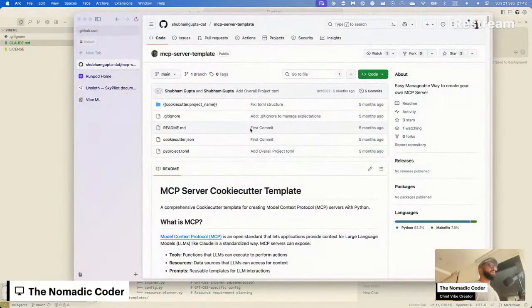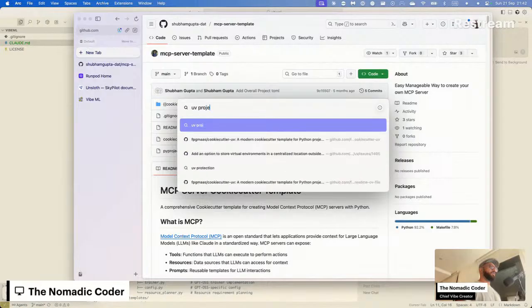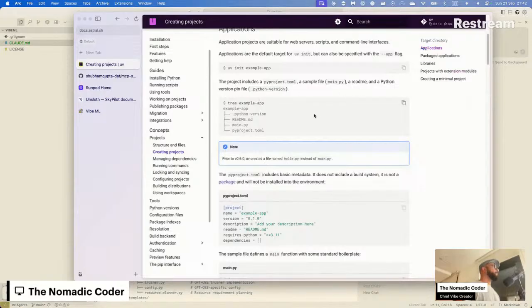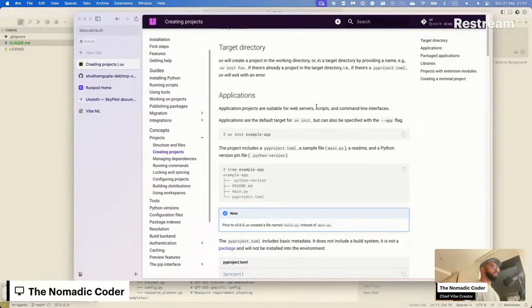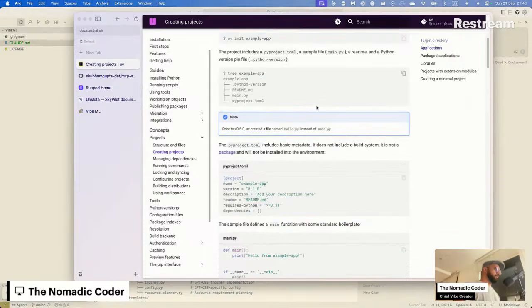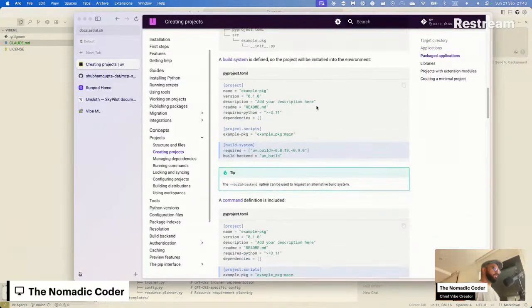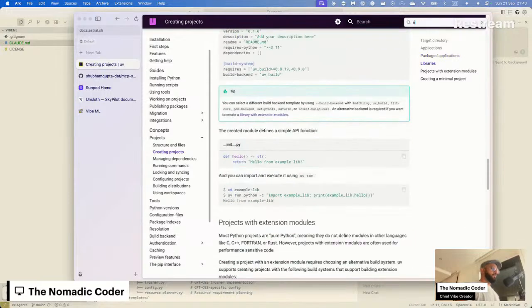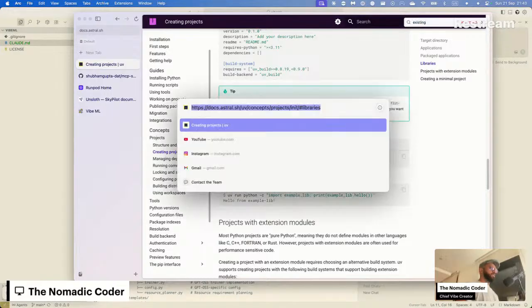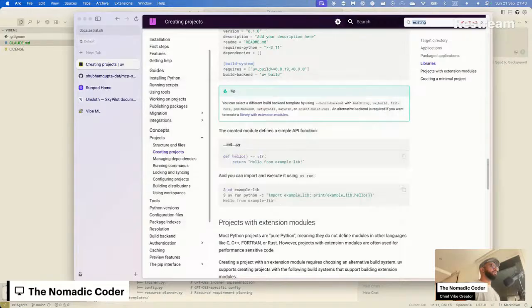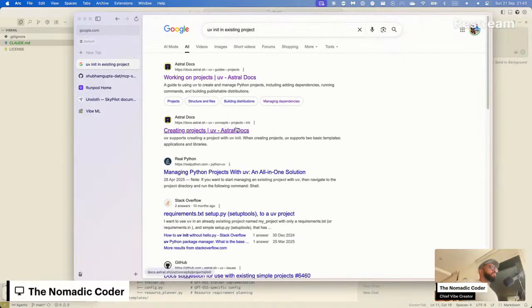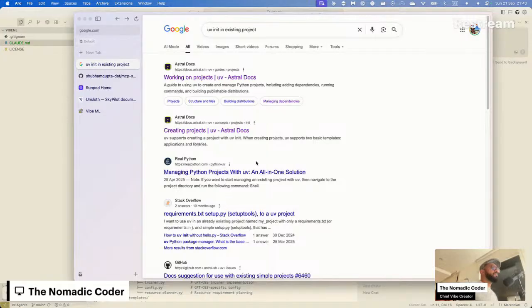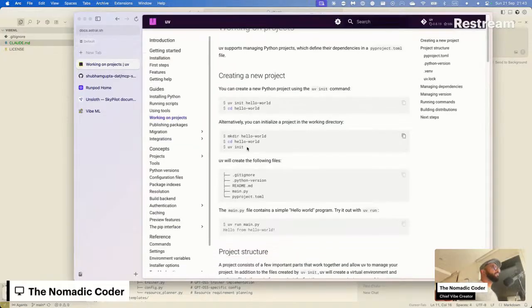Okay. Let me init UV project. How can I init inside an existing one? Oh, I can't init. Okay, yeah, I can.